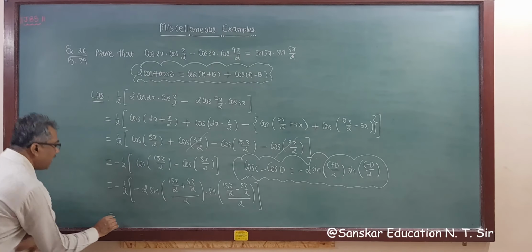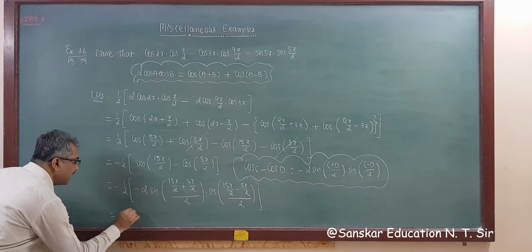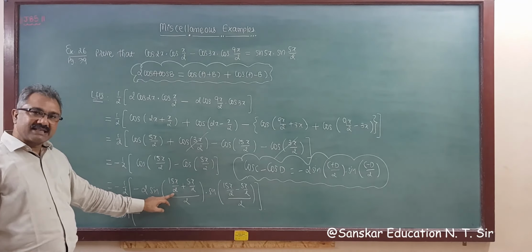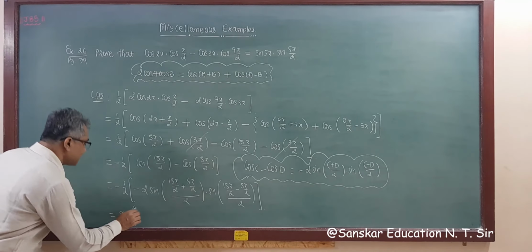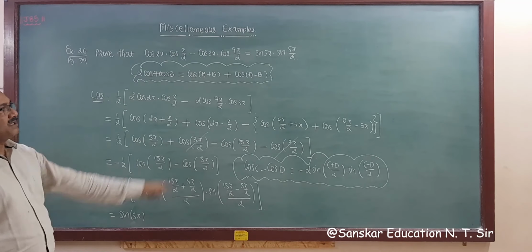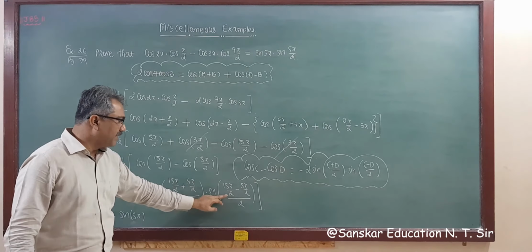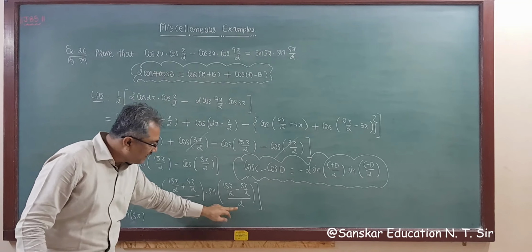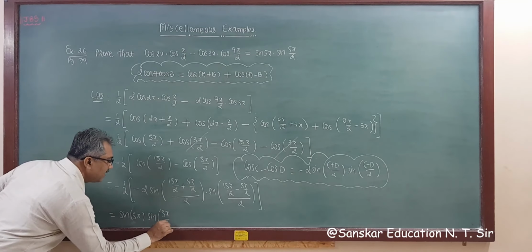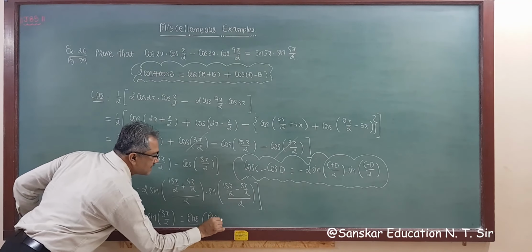So minus minus plus, and the 2 will be cut. So this is sin of 15 plus 5, 20, divided by 2, that is 10x, divided by 2, that is 5x. So this is sin 5x. I am writing directly now. 15 minus 5 is 10, divided by 2 is 5x, and by 2, so sin 5x by 2. So this is your right hand side, and hence this is true.